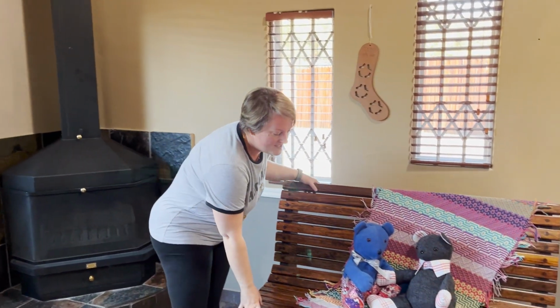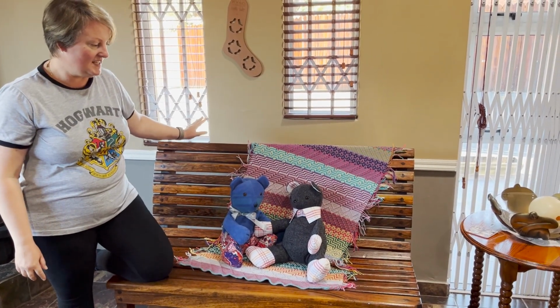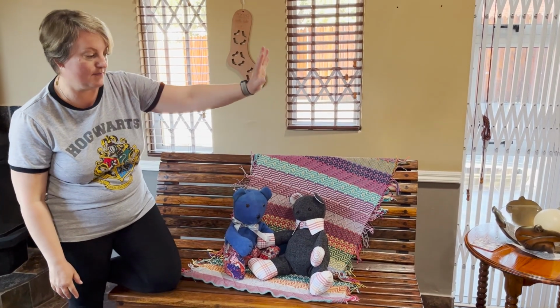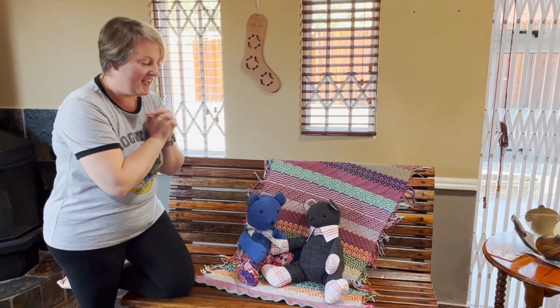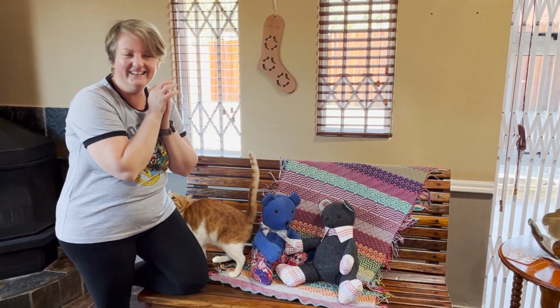And then I have this bench. This was actually, it's also coming from my parents. This bench is originally from Johannesburg train station. It was a long bench and my father cut it into half and renovated it. Not renovated, what is the word? Can you help me, husband? But anyway,